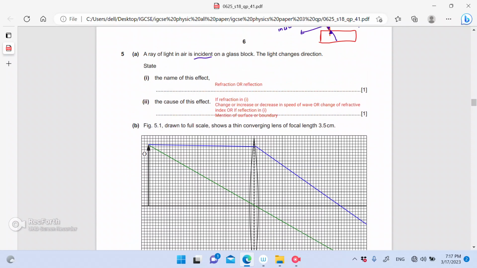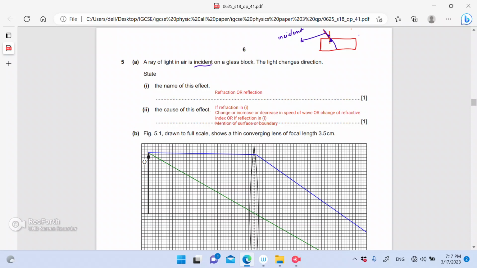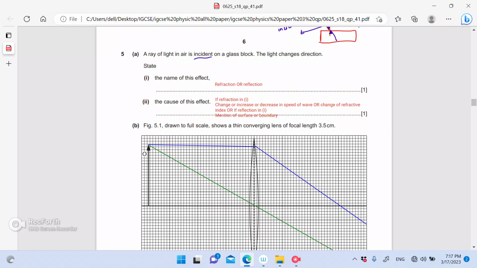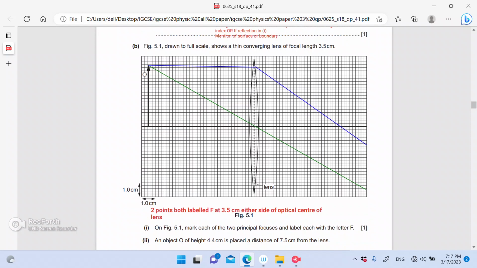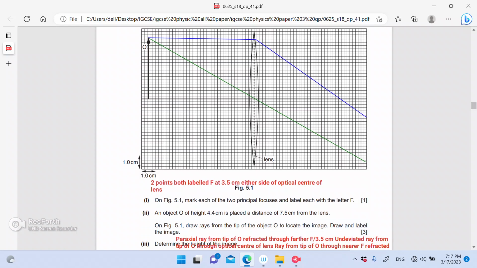So see here. In this question, May June 1841, a ray of light in air is incident on a glass block. The light changes direction. Okay, leave over this. See the B1. Here they are talking about a convergent lens of focal length 3.5. What is focal length? What I said to you is the distance between the lens and the image. Between lens and the image. Okay, so